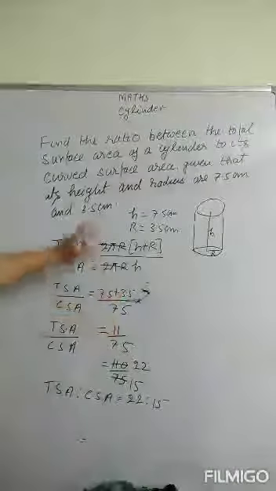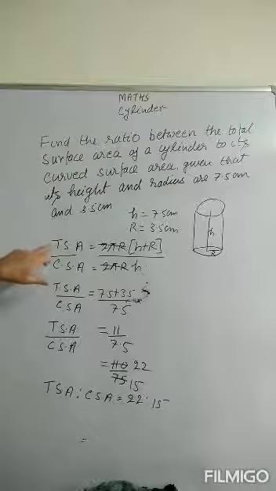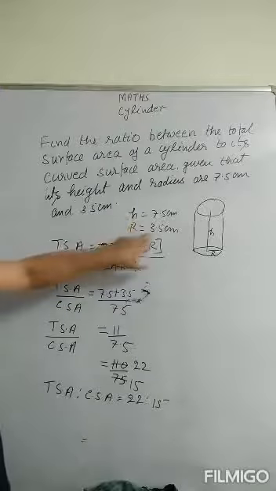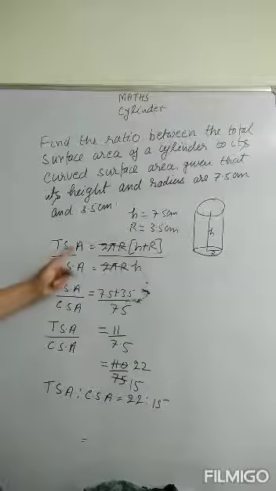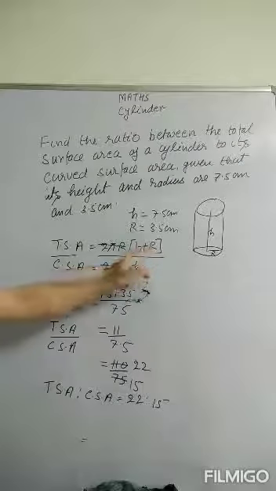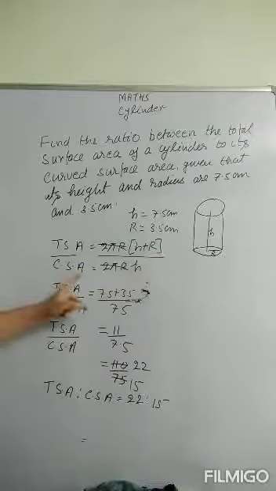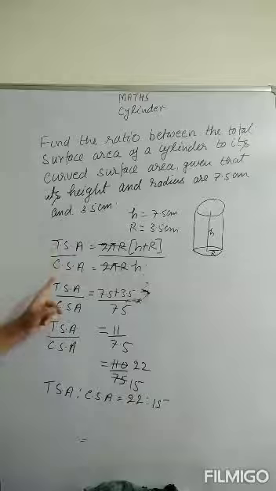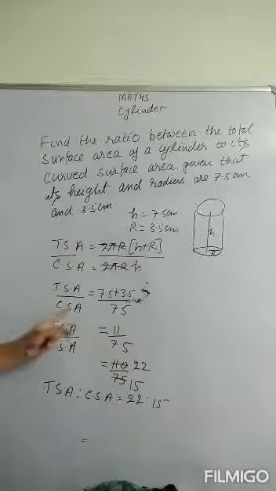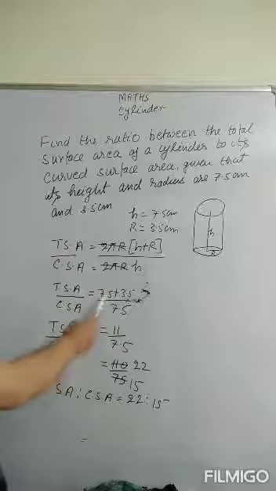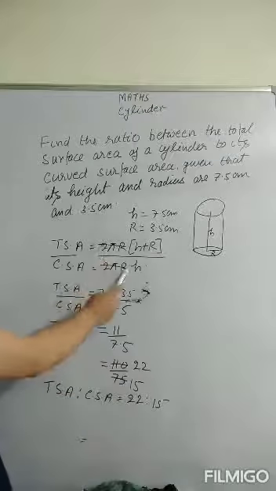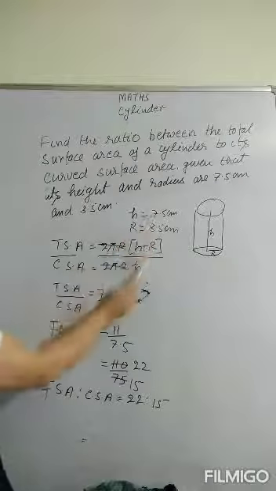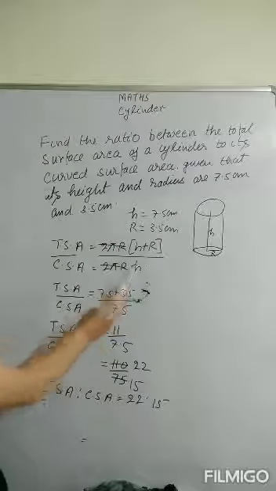Again I am telling you, see, in this question what is asked? You have to find the ratio between total surface area and curved surface area. And what is given? Height is given and radius is given to you. Got it? So write the formula for TSA, 2 pi r (h plus r), and curved surface area is 2 pi r h. Now ratio means A upon B, or TSA upon CSA, curved surface area. So divide this side also. So 2 pi r and 2 pi r will cancel out. (h plus r) upon h is left. So place the value of h, 7.5 plus r, 3.5, upon h, 7.5.